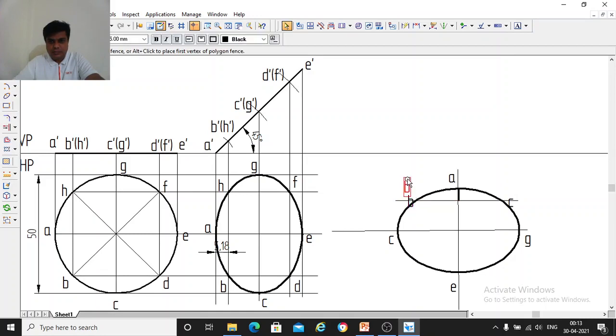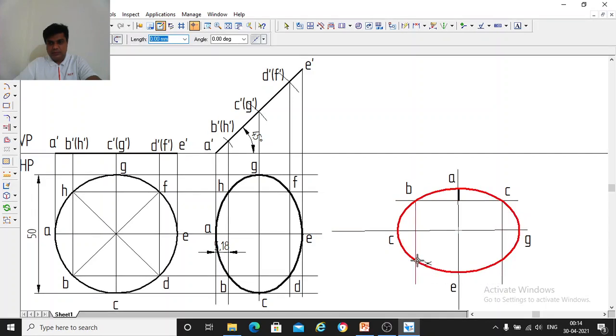So using your drawing skills, you just redraw these points here so that CG is parallel to the XY line. You follow whatever method you want. You just measure the distances and get all these points here. Okay, so anyway I will take this point now. So I will draw a vertical line. Take this point and draw a vertical line. So these 2 points will be D and F.